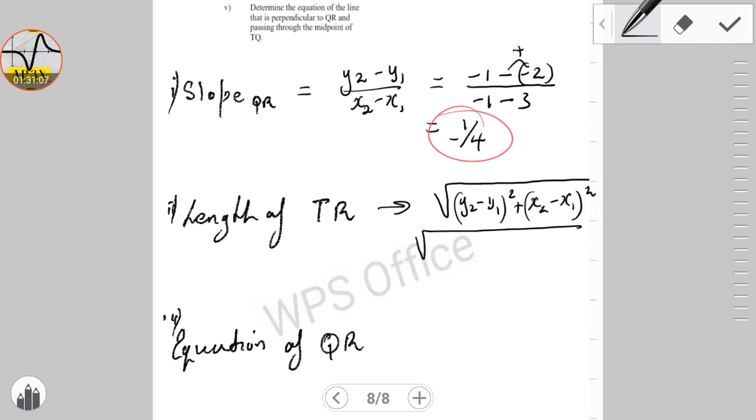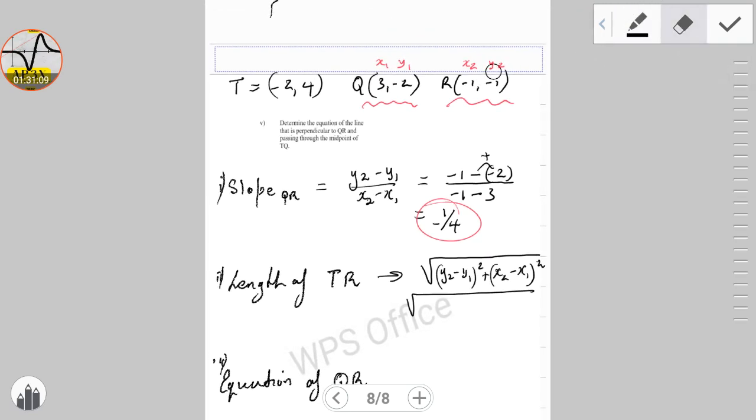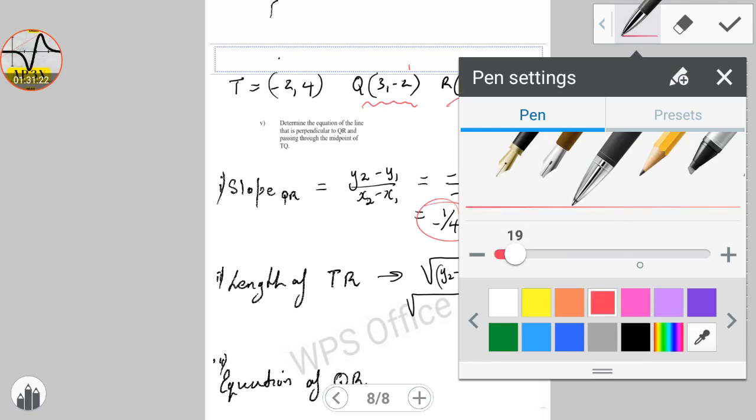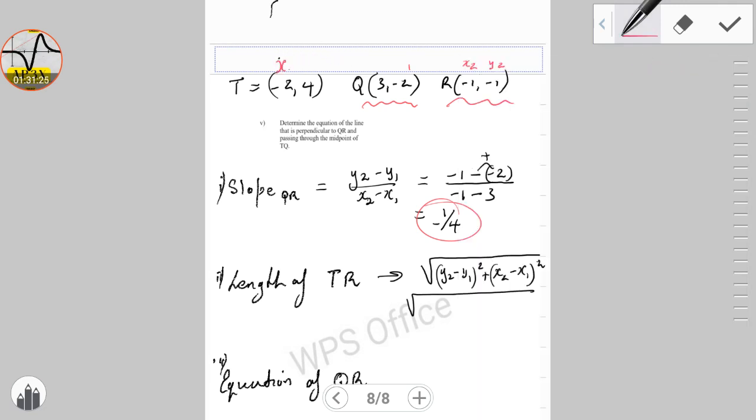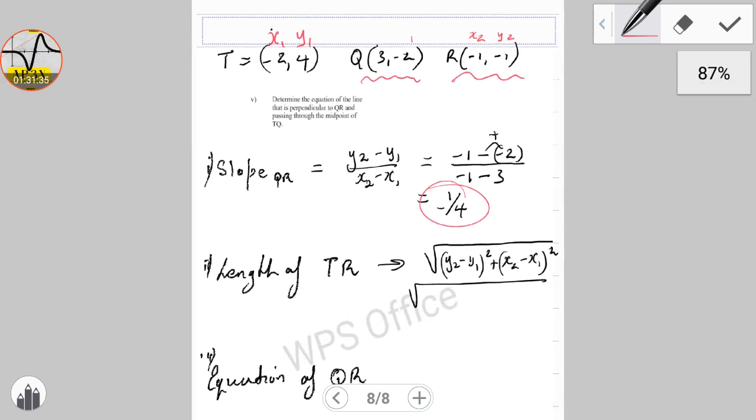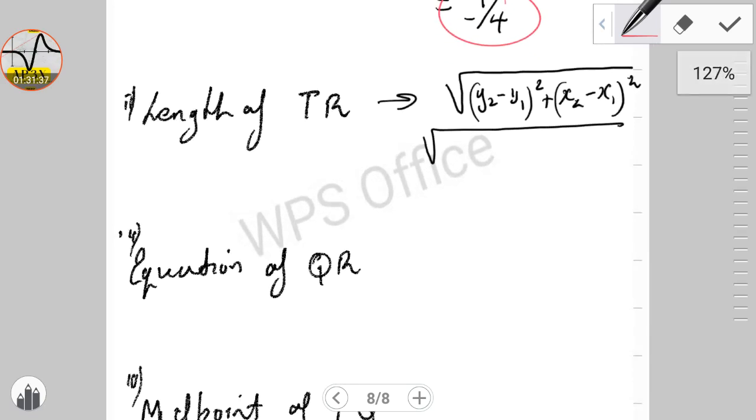All right, so once again, we're going to be changing the use of our X1 and Y1 here, because now we're looking at T and R. So we're going to be moving this X1, Y1 to T. So T is going to be X1, Y1, and R is going to remain as X2, Y2 here. So Y2 is -1